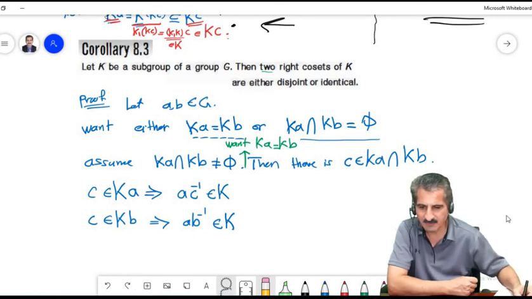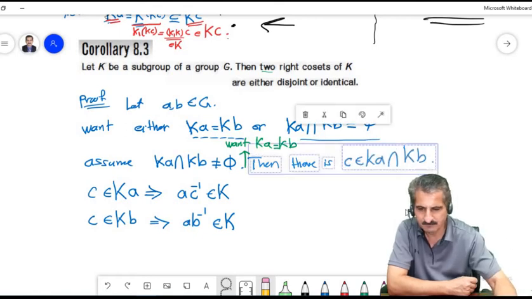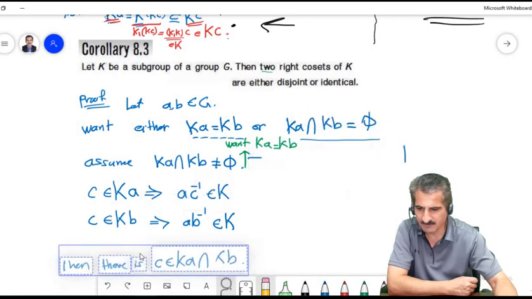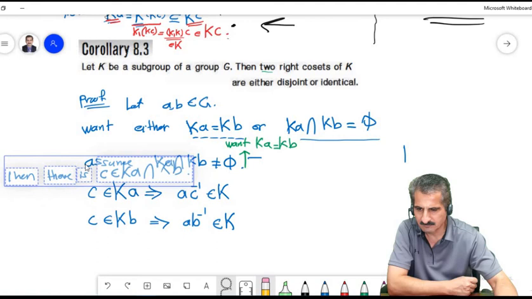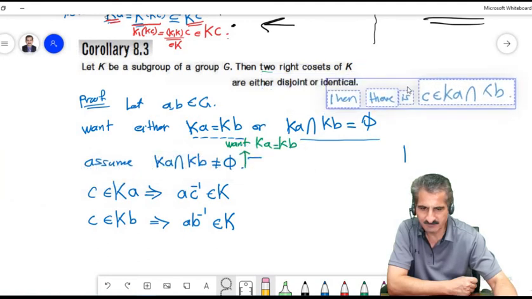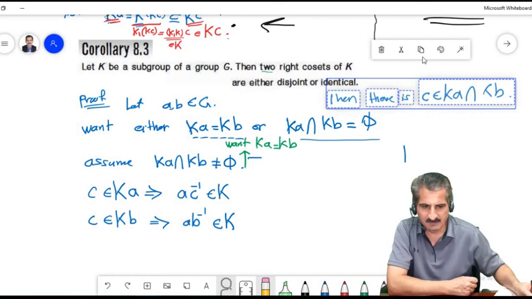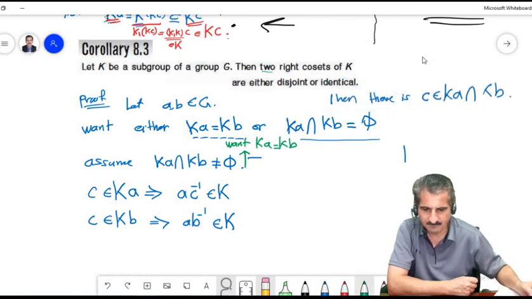I can move this somewhere. I can move it somewhere here, for example. Oops, maybe here. Just I need some space. Okay,